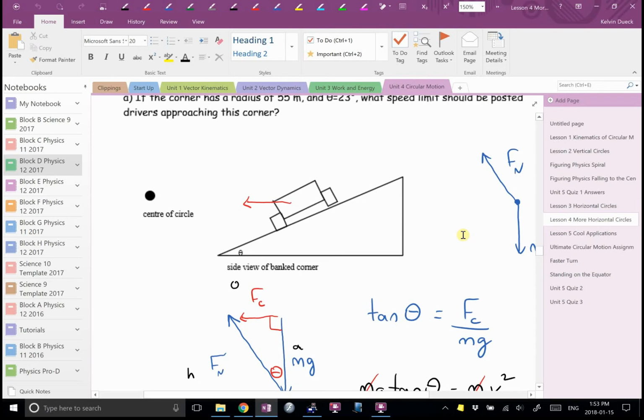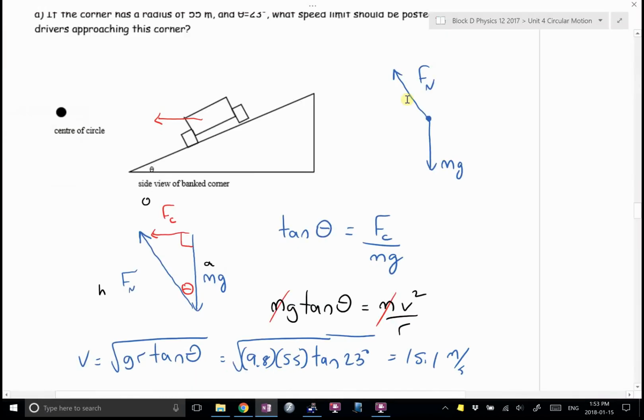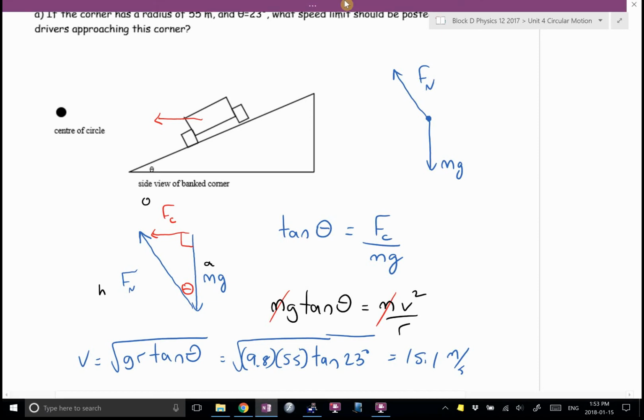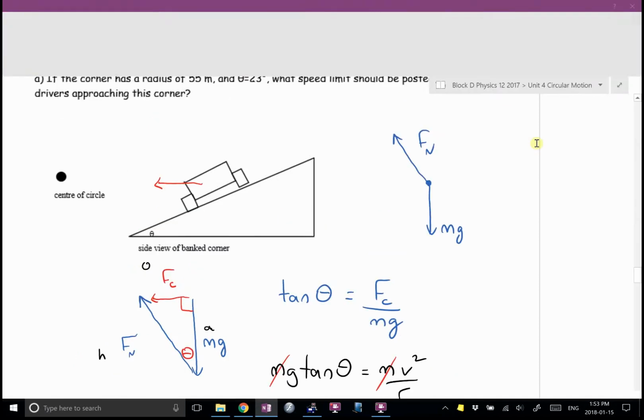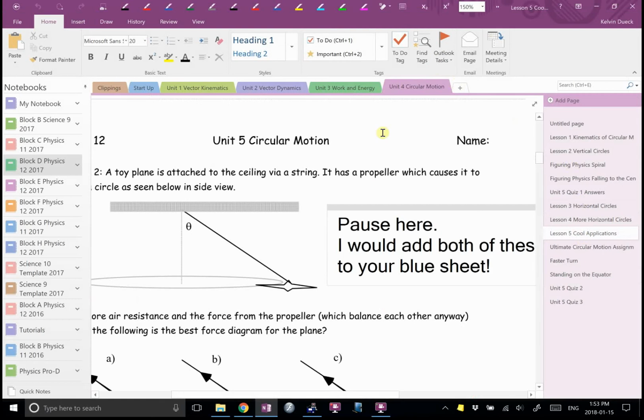It actually looked really tough, but you ended up getting a really clean free body diagram. The difference was there an angle? This was not a job for components. After all the habits I've built into you, I said this time, because the circle isn't parallel to the ramp, the circle is still horizontal, don't go with components. Instead, add the 2 vectors together. How would I add them together? Draw them tip to tail. Okay? So we looked at the banked corner, and then we started lesson 5 last day,